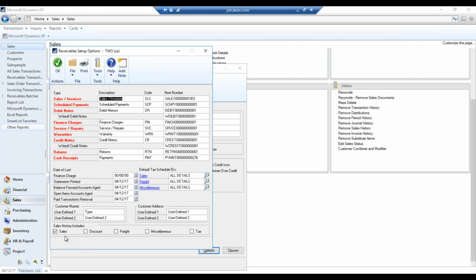So right now it's only including the sales history, but of course you can have the discount rate and the miscellaneous, as well as the taxes being tracked. And of course you'll notice in almost every screen that you have within GP, there's always a print button. So again, if you're ever going through an upgrade and you want to make sure that you've got the right documentation, you could also print this or simply save this onto your PC,